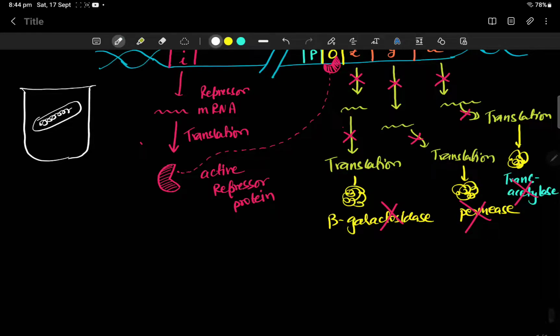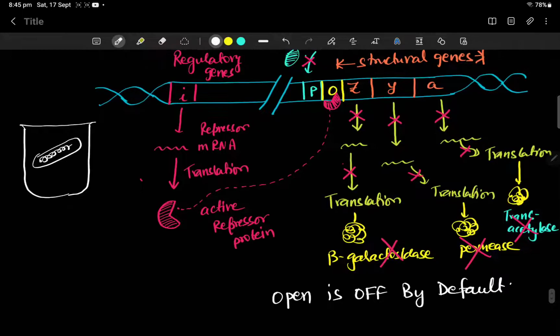So what has happened? The operon is shut off. Operon is off by default. To start with, we'll say that the operon is off. Now, so this was case 1. In case 2,